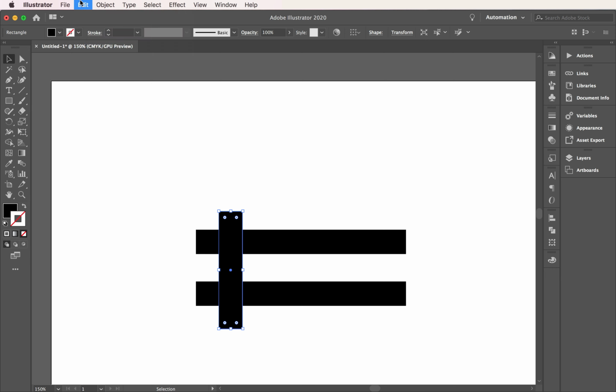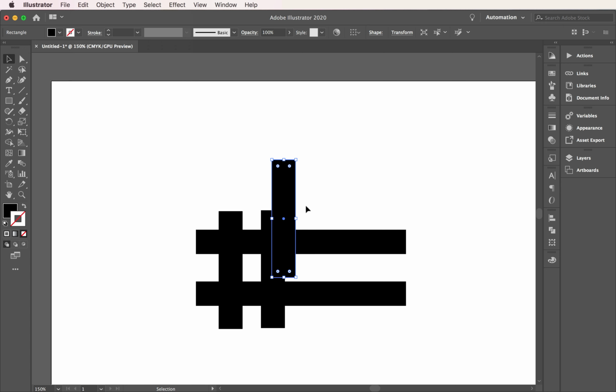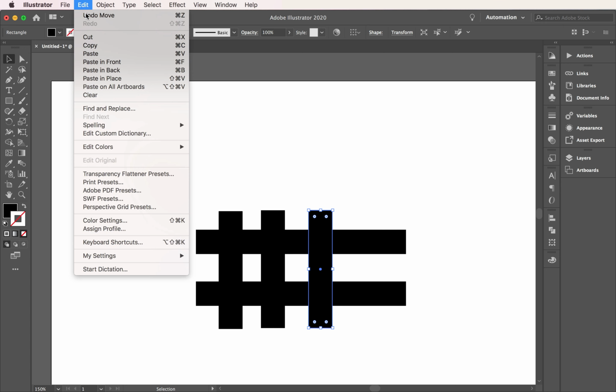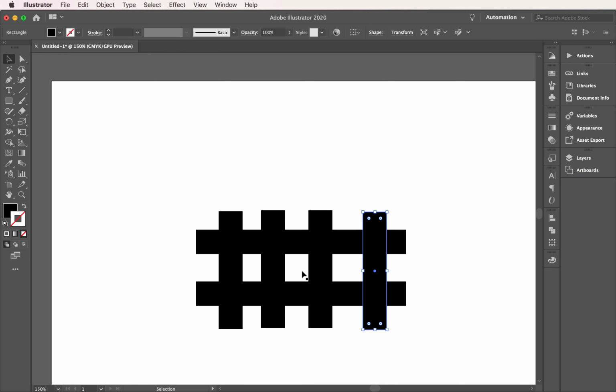So Edit, Copy, Edit, Paste. We're going to paste it a couple more times. It depends on how long you made your little pieces to begin with. I'm going to select all of those. You can see how I just grabbed at the bottom, select them all, and we're going to go back to